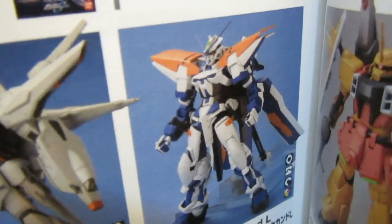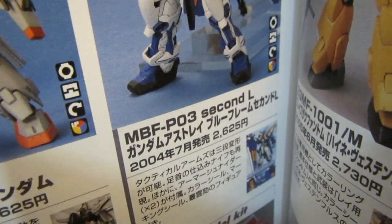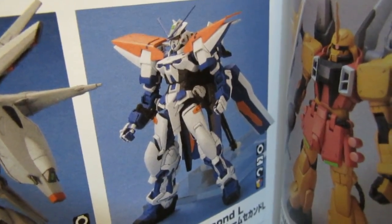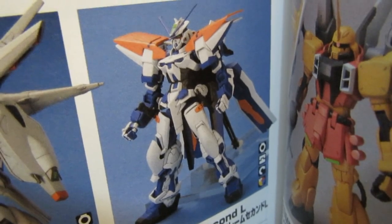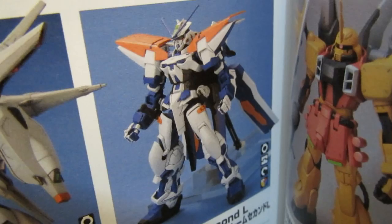But if you want to go back and take a look at the Gunpla Bible, in the 1/100th non-grade section, here it is, the 2nd L. We're going back to 2004 July, 2,500 yen there for this Guy suit, which is looking pretty cool, and definitely the one that I think most fans have in their mind. It's very tempting for me to pick up this kit instead of the Master Grade one, because the Master Grade one is from a more recent series, where it was mostly just going to be text with the occasional picture,